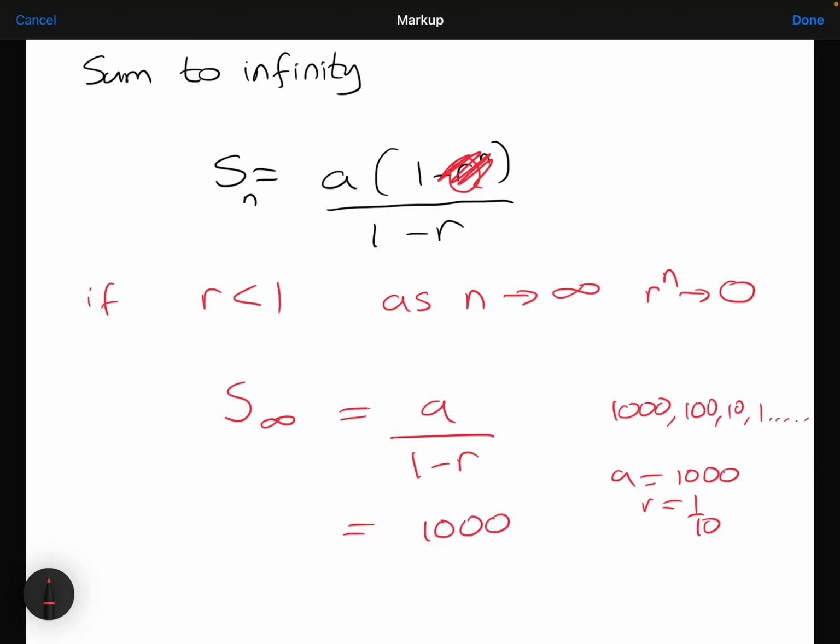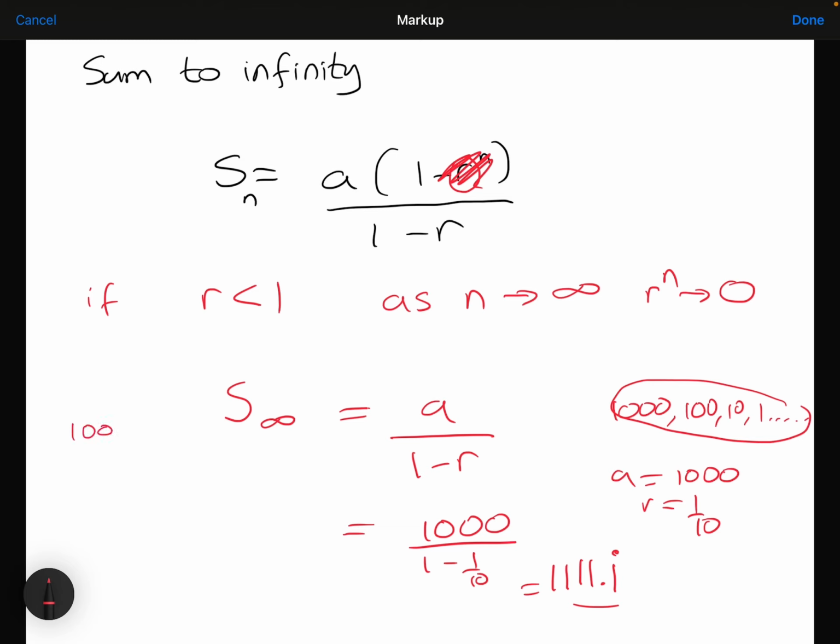It would be 1000 divided by 1 minus 1/10, which would be, on your calculator, 1111.1 recurring. If I were to keep adding these numbers for infinite terms, that's the number I would get,